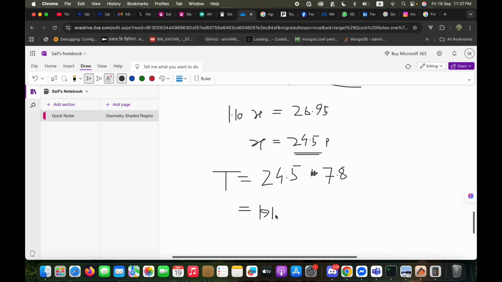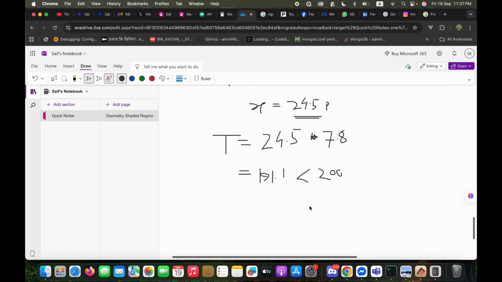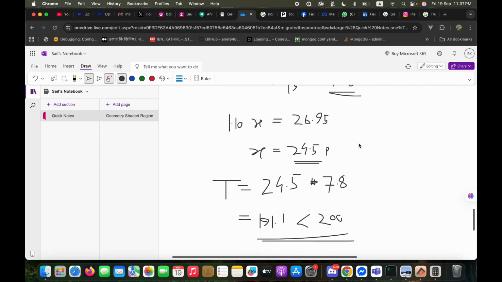191.1. So 191.1 is less than 200. So this statement, that before the increase I could have bought enough paint for less than 200 pounds, is actually correct, and Jonty is correct in his evaluation. So this is how you can show that Jonty is correct in his evaluation and show his workings by calculating